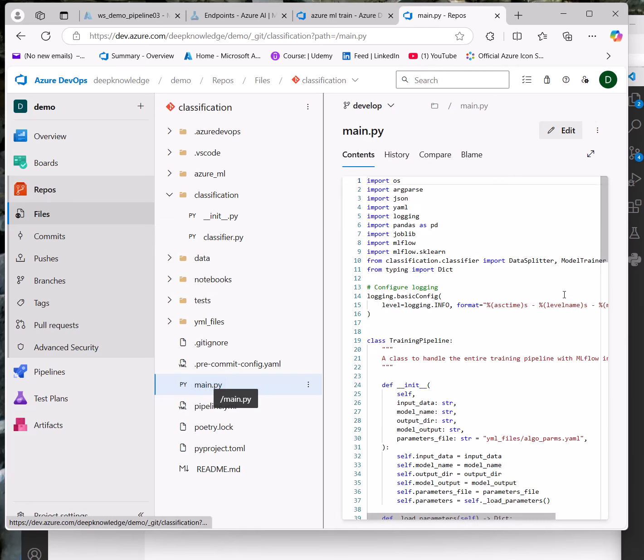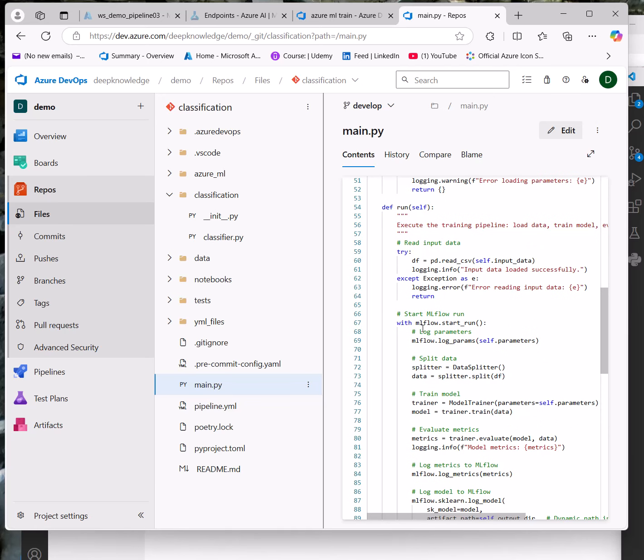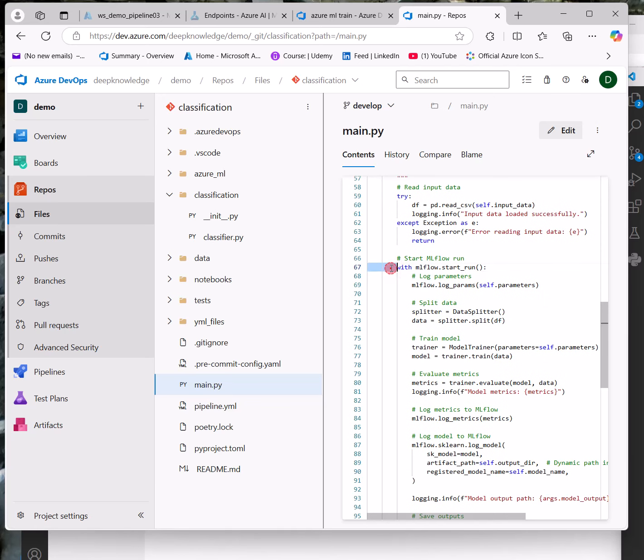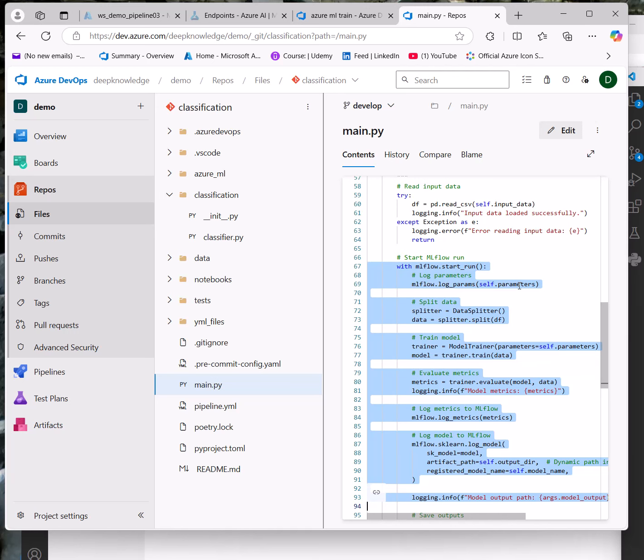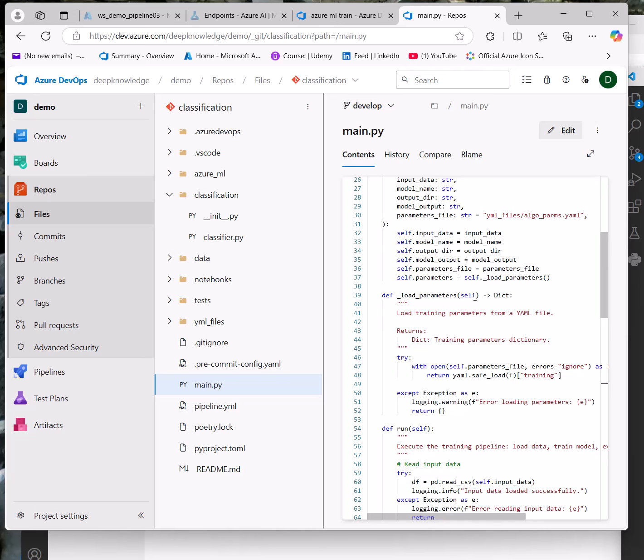If you see here in the main file, this is where the magic happens. We load our parameters. Our parameters are also in the YAML file, which is already loaded here.